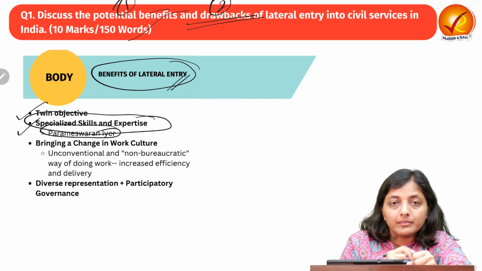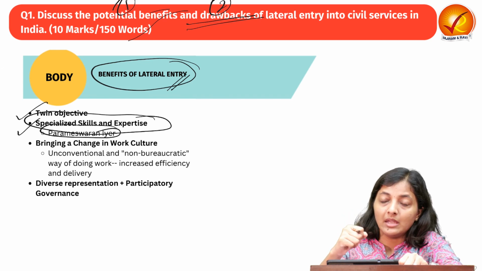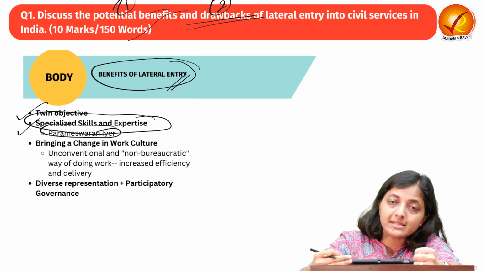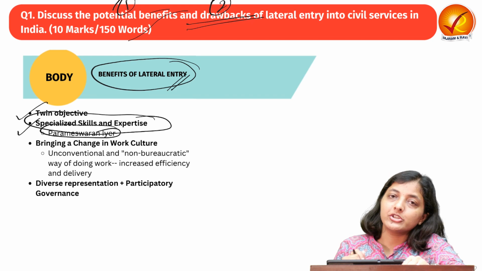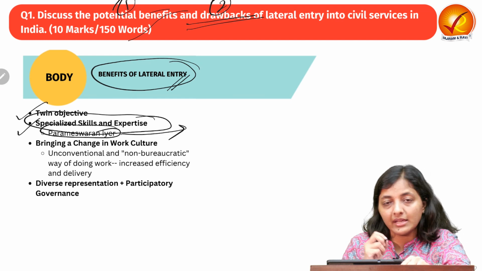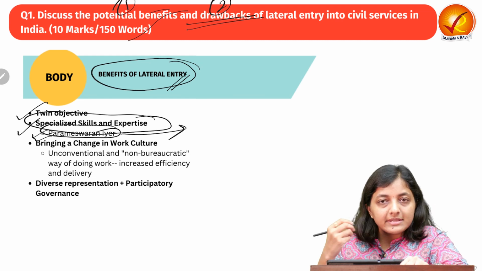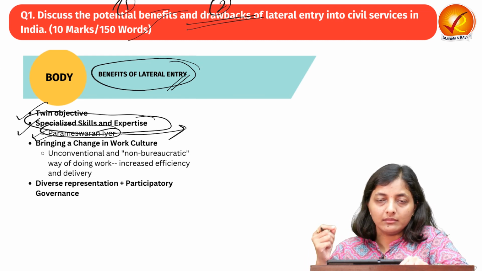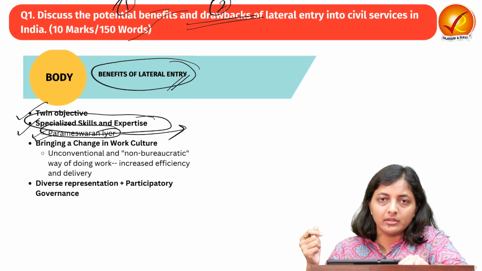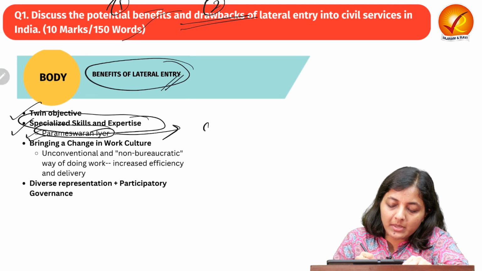In this type of question, we can put in as many examples as we can. Whatever we see in the governance aspect in the newspaper, good case studies, good approaches towards administration or decision making, we can put it here. What we have done here is we have taken the case of Vajiram Iyer. He was a civil servant. Later, he took voluntary retirement from the civil services and went to the World Bank for water resources management. But then the Indian government asked him to lead the Swachh Bharat mission.